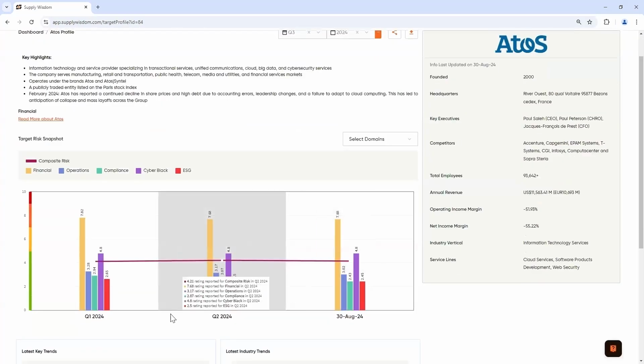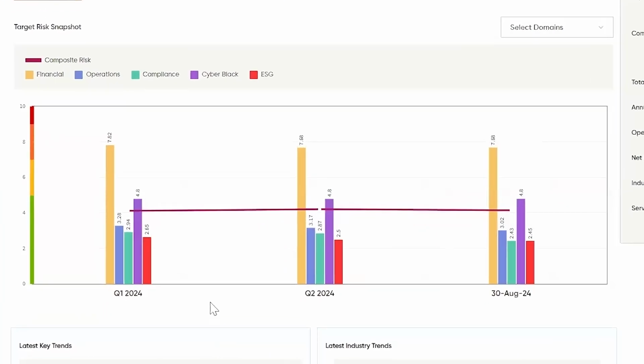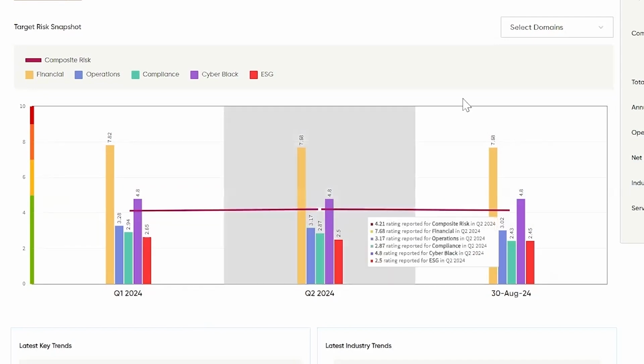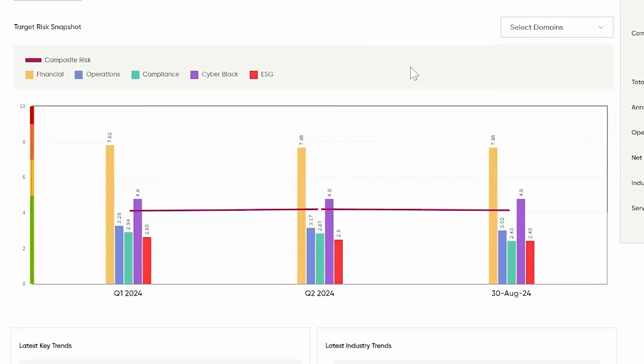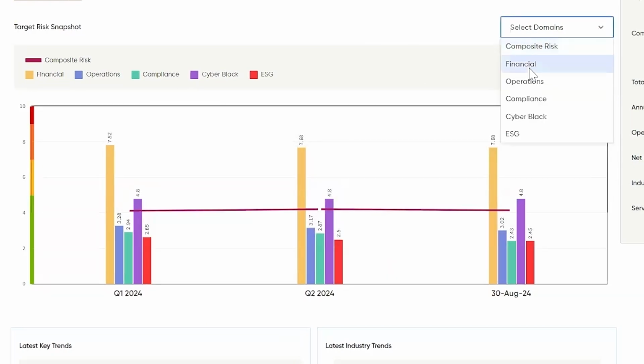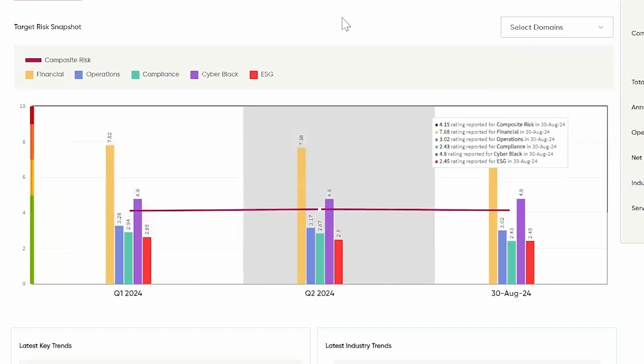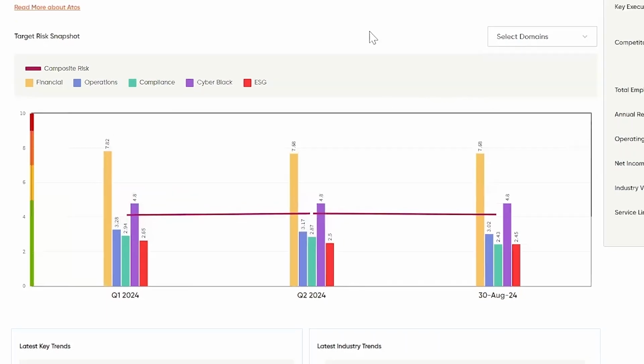Scrolling down here, of course, I'll be accumulating these metrics over time, which gives me the power to observe any trending, the directionality of risk with regard to this entity, which can help me to really understand the significance of the metrics that I'm seeing. I can filter this graphical view right here by selecting any domain that's of interest to me and getting a more granular view of that particular domain in this visual representation.